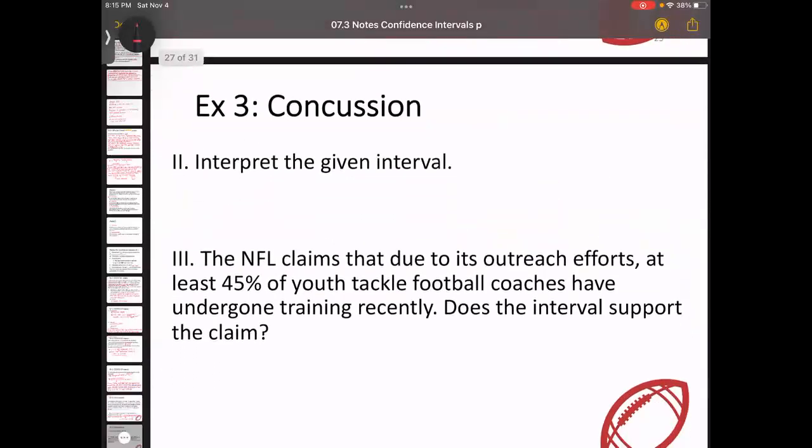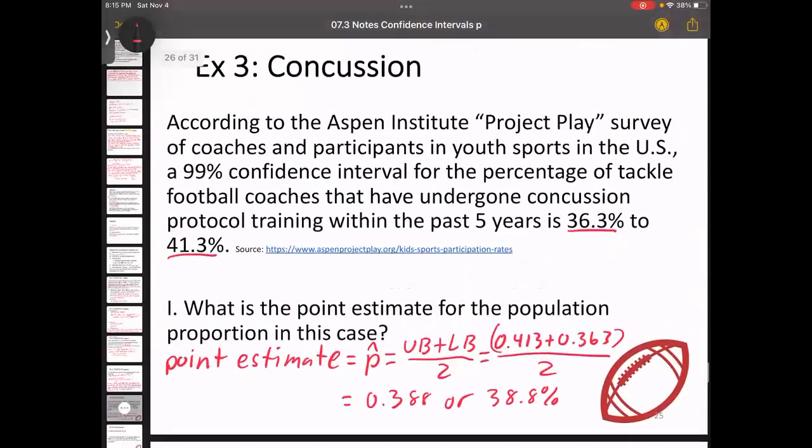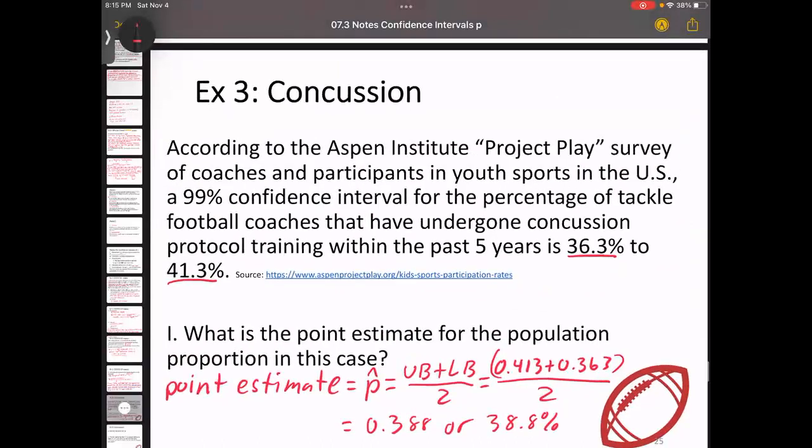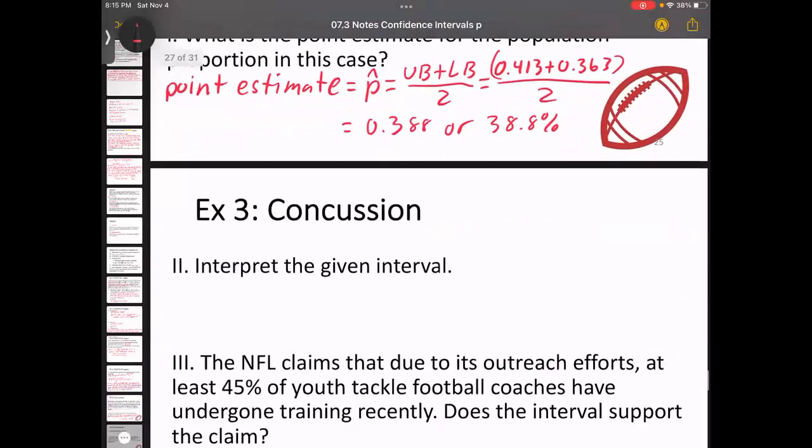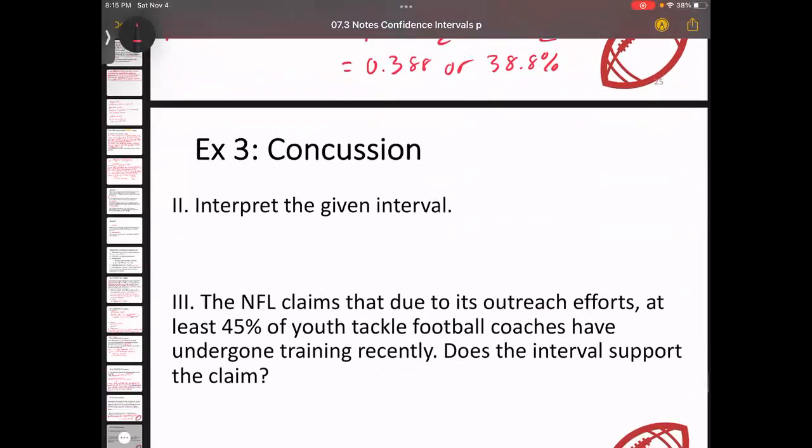Okay, so they gave us this 99% confidence interval, and they're asking us to interpret it. Well, interpreting it is just the sentence that we have in the back of the book that is pretty standard, and we'll say it. It's going to be very long, so stick with me. It's just a lot of writing. I am 99%, because that's the percent we were given, confident